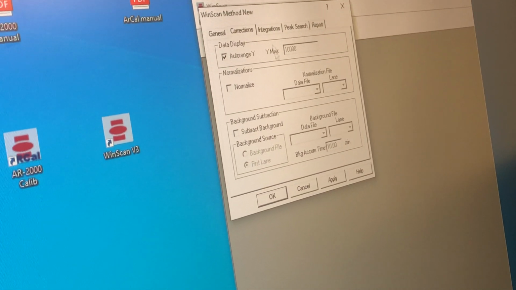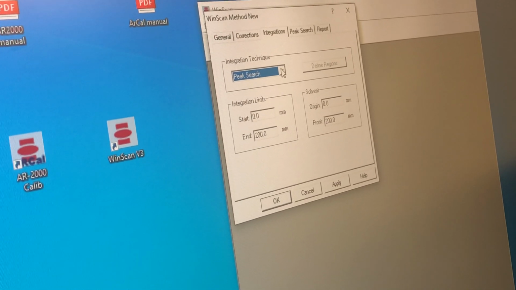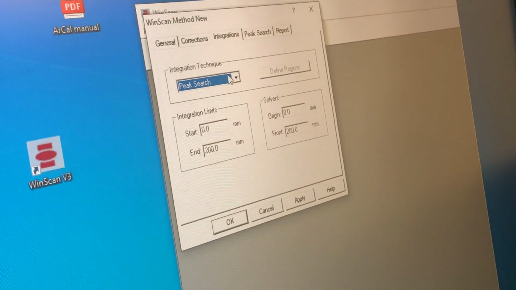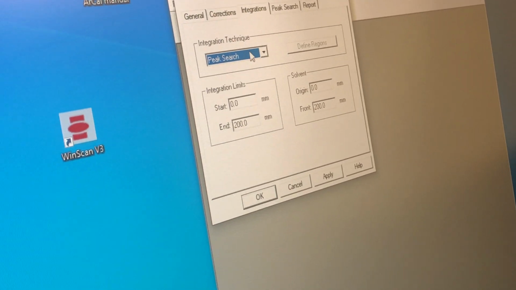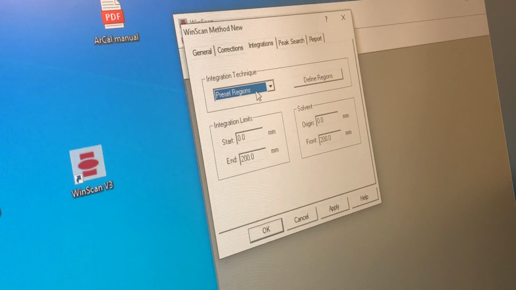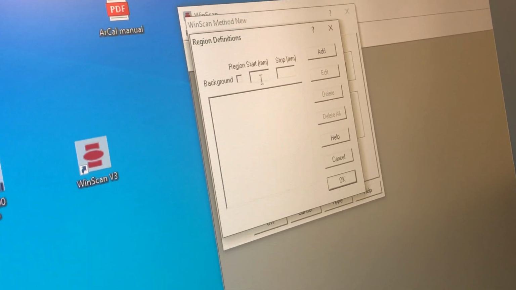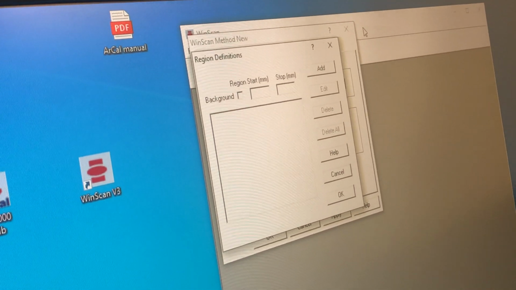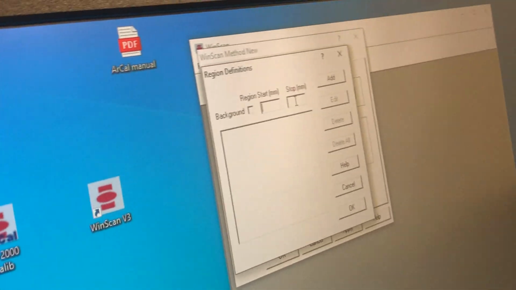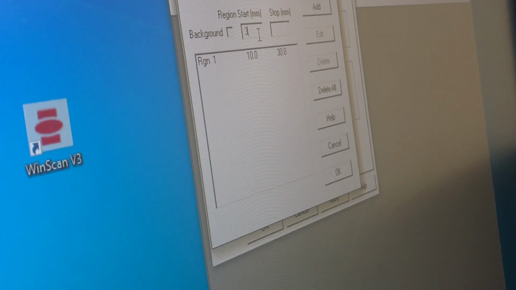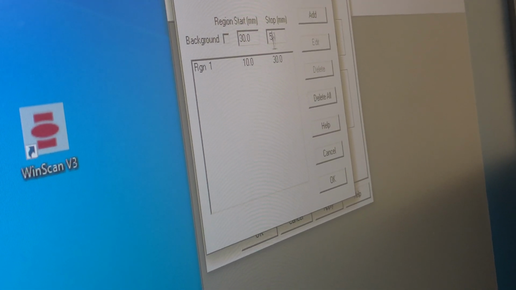They're right there, PDFs. Integrations, integration technique, you have three ways: none, preset region, or peak search. Peak search is, we'll get to that in just a minute, because right now we want to get a preset regions. We're going to make this one. What we're going to do is define the regions, okay? And we're going to break this up into 9 segments. We're going to start at 10 millimeters and 30, add 30, 50, add